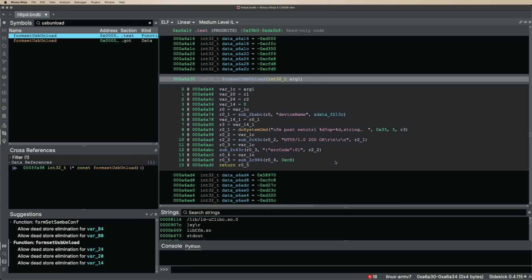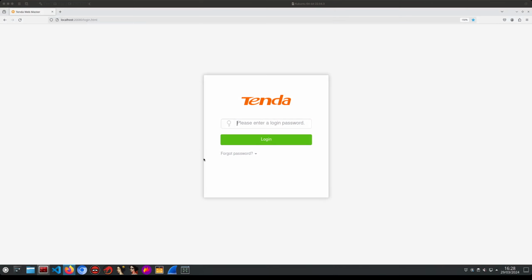But what we can do is, if we use something called EMUX, we can actually emulate the Tenda router and then actually get a working exploit for this and test it without doing any shenanigans, or going out and actually buying a router. We can do this in a low cost fashion. So if we swing over to our VM,